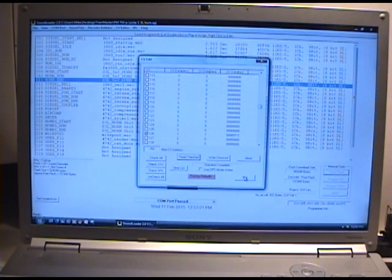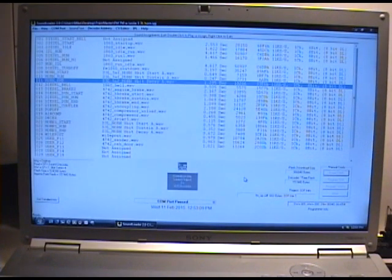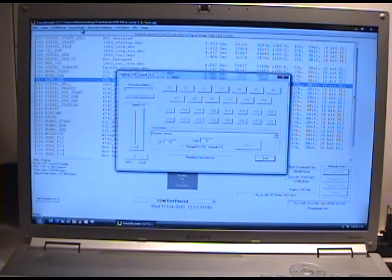I have seen it a couple times where 126 comes up as a value of 5 or less, and that is not a successful write, and we can go ahead and try it again, and that generally works. If not, probably have a problem with the decoder, and Digitrax has a very good warranty program on their decoders, even if you were the one that caused the damage. Okay, so now let's come back into our sound test and give it a try. Takes just a second for it to acquire the locomotive,